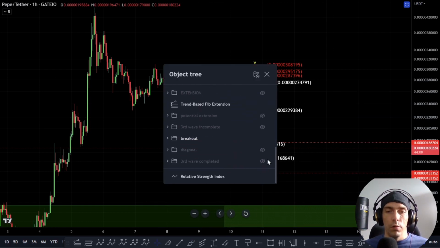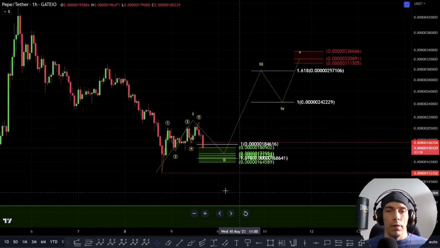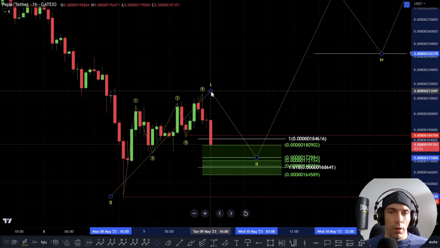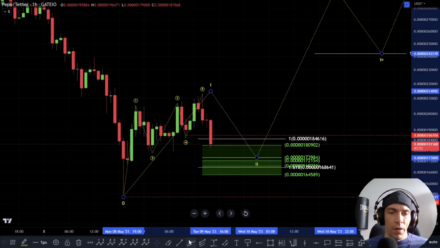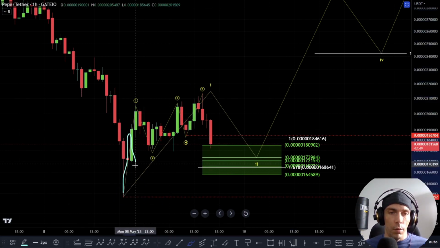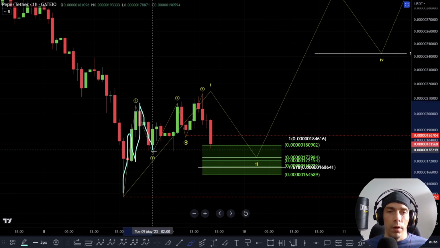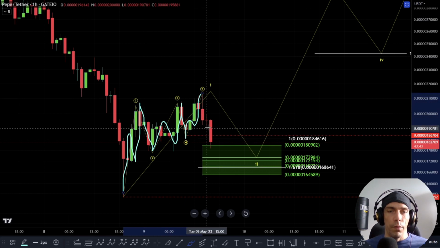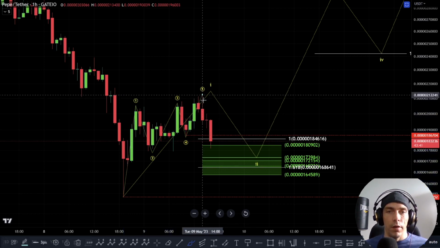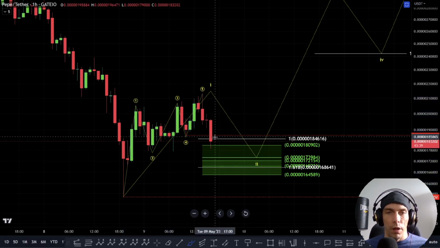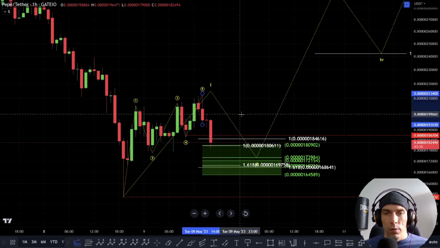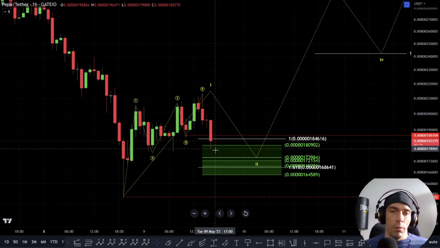The other way that this could play out, if we are looking at the subwave structure slightly differently within this move, we could argue that there is a diagonal in place here, where instead of looking at this, we can look at this as a 3-wave move here, 2, 3-wave move for 3, 4, 3-wave move for 5, and then we've actually completed a diagonal, in which case this could just be forming an ABC to the downside. Now that 1-to-1 would actually be here towards the zone of this 180611,